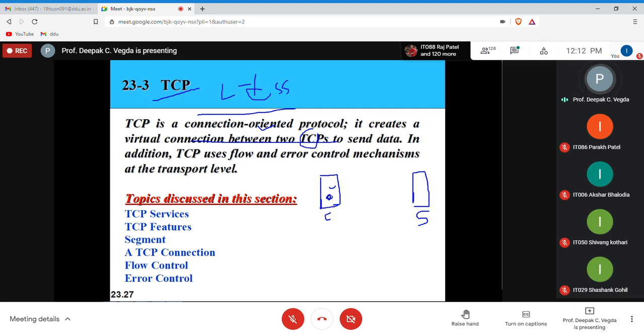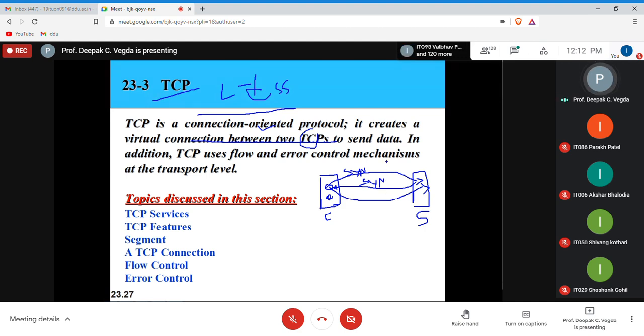My machine creates one TCP request message. I will discuss it in detail. It will create a packet to build a connection and forward it to your server. The server, by looking at that packet, will say okay, this is the response as well, and I would also like to build a connection. It's normally known as a SYN packet, synchronization packet. Then it forwards back, okay, I got your SYN packet as well.